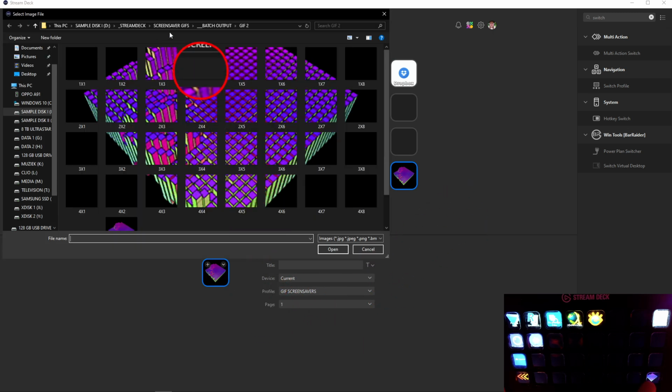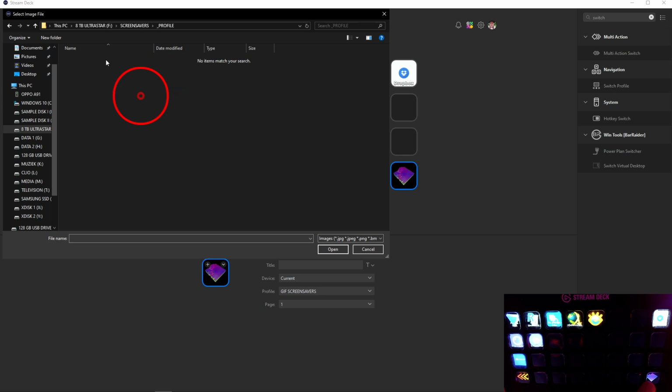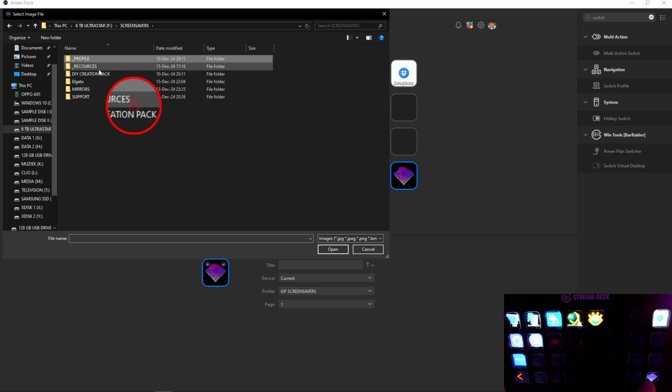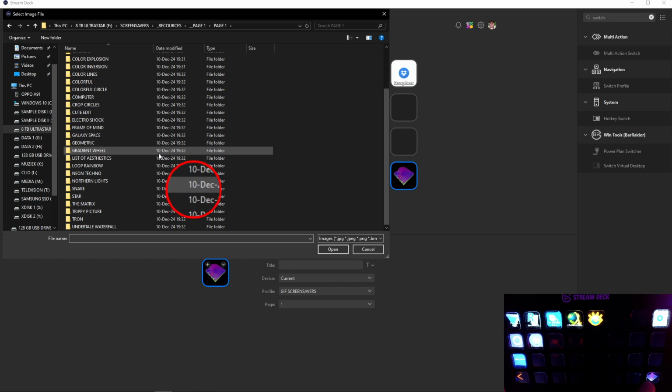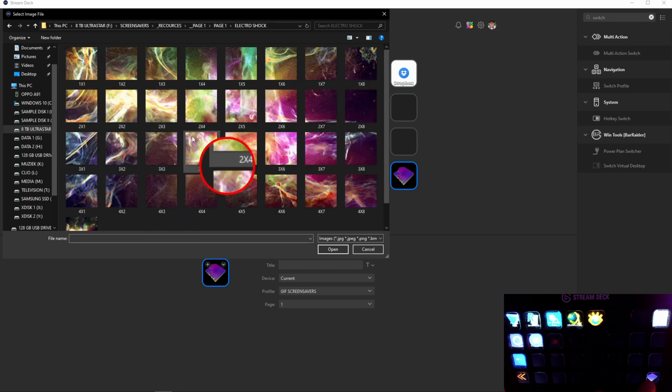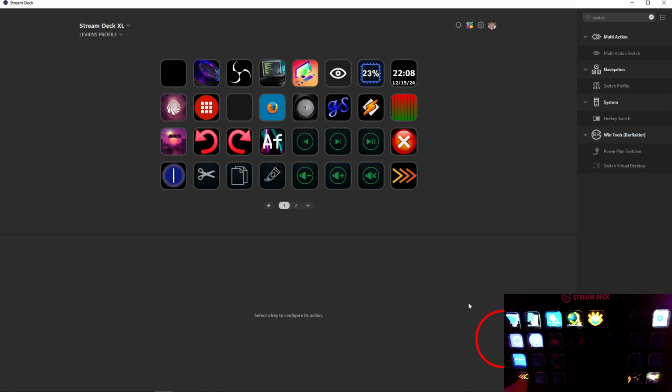Perhaps we can use a better profile. So let's just navigate to this one, it is pretty cool, I think, so let's just use that. Yeah, now you can actually see that playing back